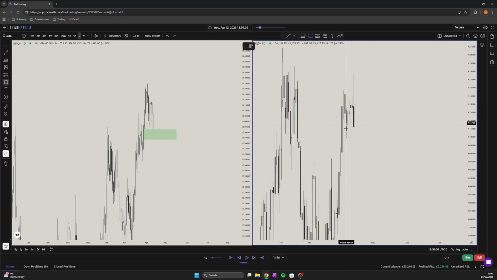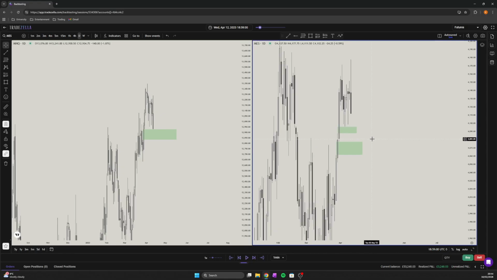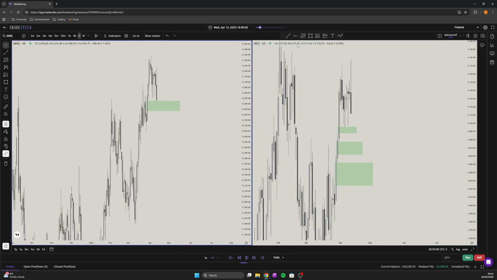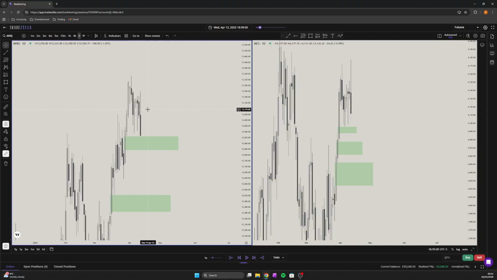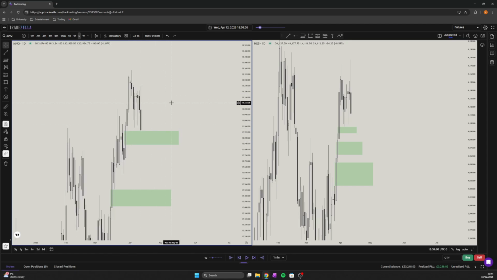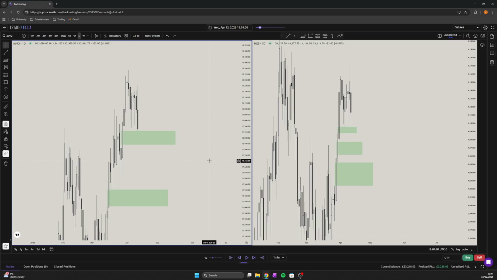The ES on the daily has this one here that we could possibly do. I'm gonna mark in the remaining area of the unfilled gap. Just gonna mark out all of these because these are obviously very important areas. Do the same thing here on NQ. So overall bias I'm looking at is bearish. Why? Because we swept out these highs, continued lower, we have these lows, and we have this daily fair value gap.